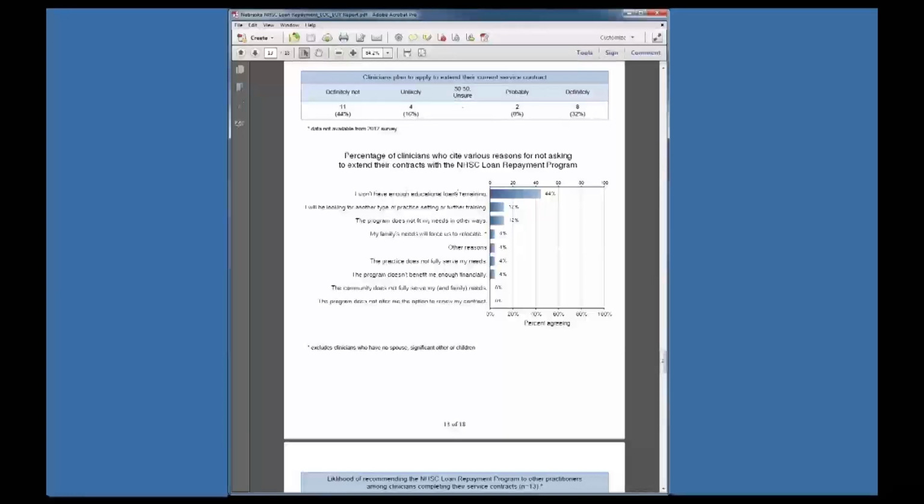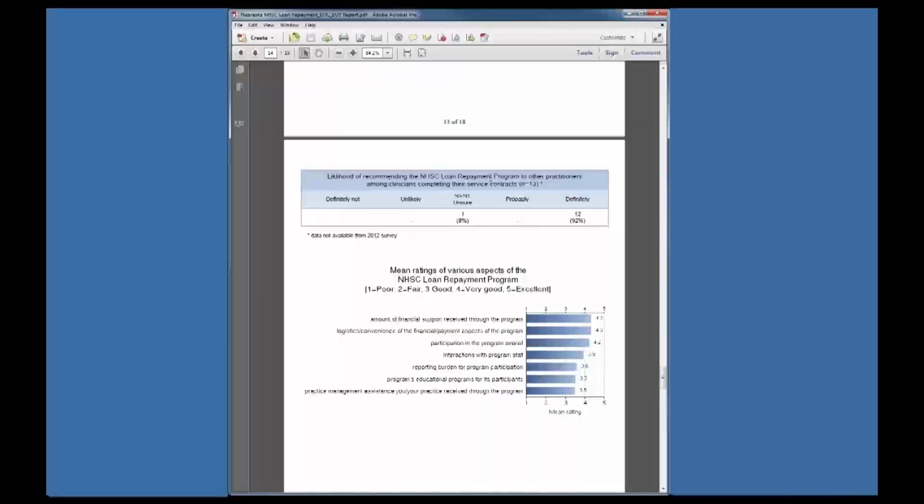I won't have enough educational loans remaining. If this is a common reason and you want people to extend contracts, that speaks for the kind of program Alaska has. I just saw information, I forgot what state, about another state that's thinking of adding a direct incentive program, for people who don't have loans, so they can just get direct dollar support. In this case, almost half of the people who are not going to extend is because they don't have educational loans, but you can capture them with just direct incentive dollars.